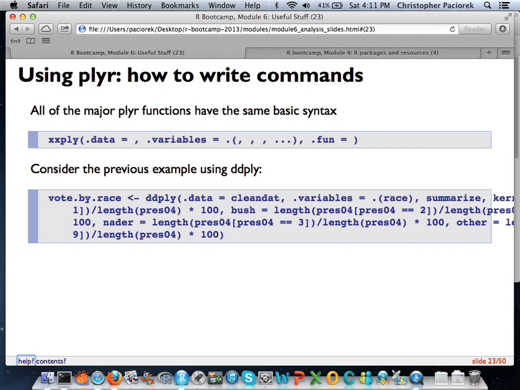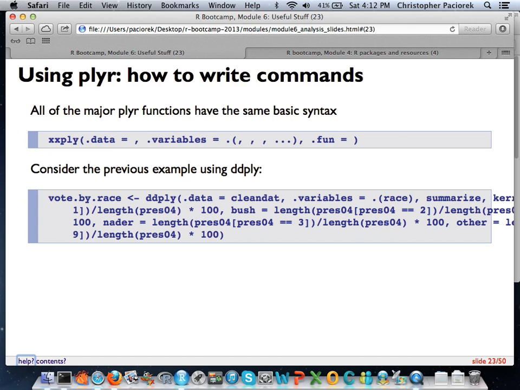These three dots here are actual ellipses. They're not the type of functional ellipses that Jacob was talking about last module. And then you just specify the function that you want to apply to each one of these newly created, newly subsetted objects.